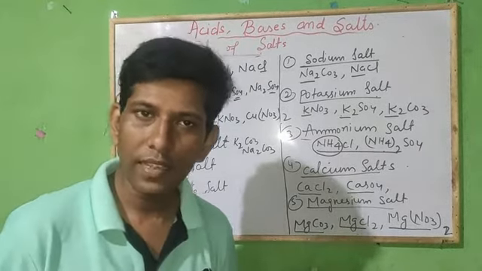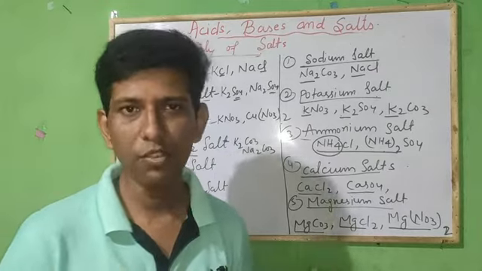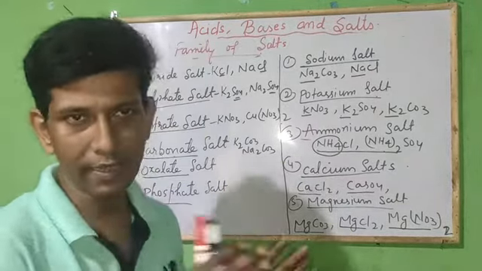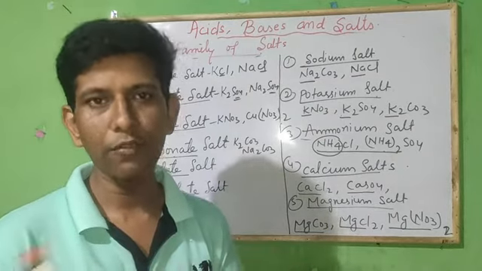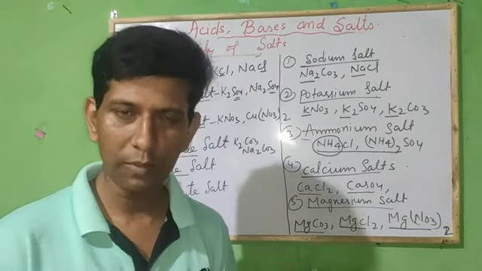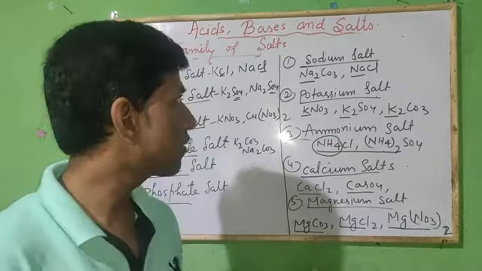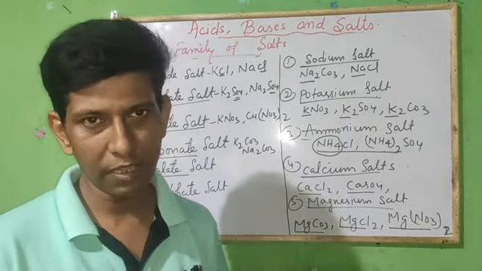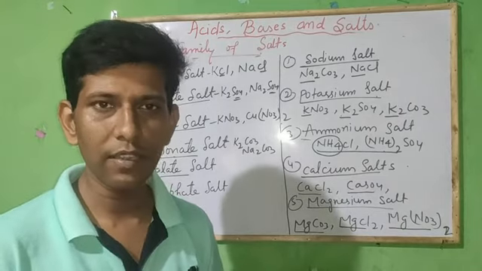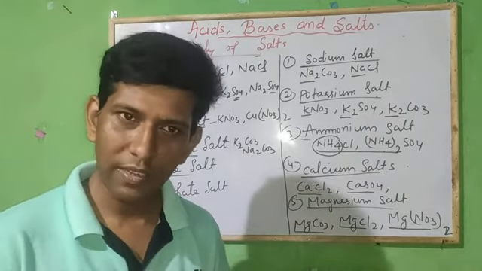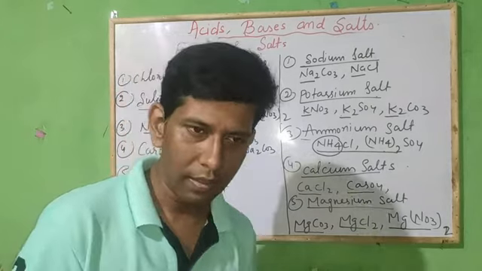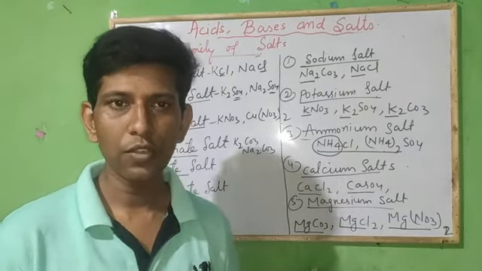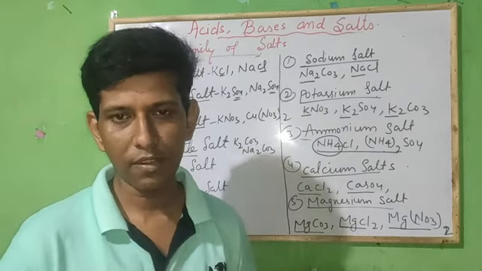So in this way, dear children, we have learned the entire chemistry of salt. We have already seen how bases and acids react and form salt, and different types of salt also we have discussed. Also we have discussed the classification of salt based on their acid and bases, and also we have seen the different types of salt. If you have the formula, you can easily recognize which type of salt it is. So today we have discussed the entire chemistry of salt.